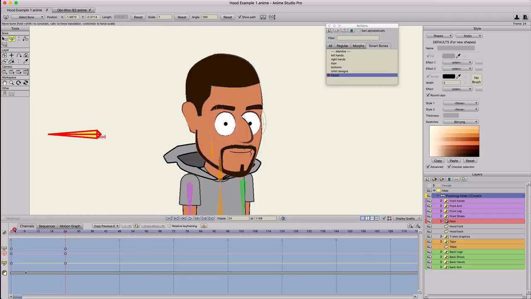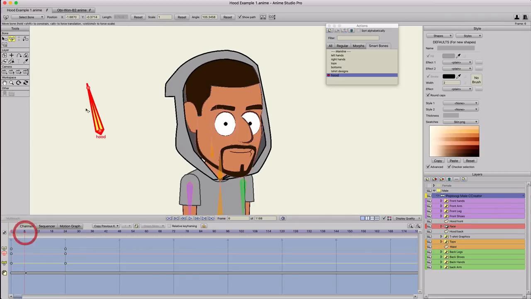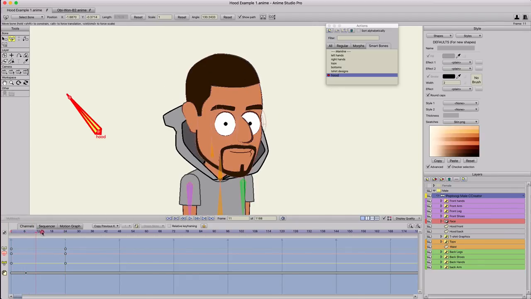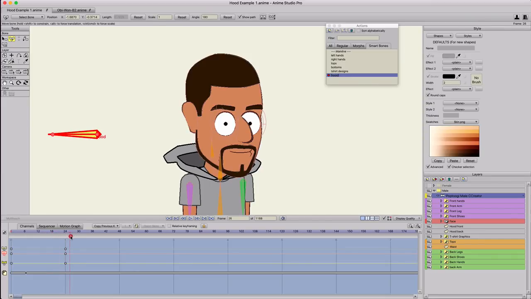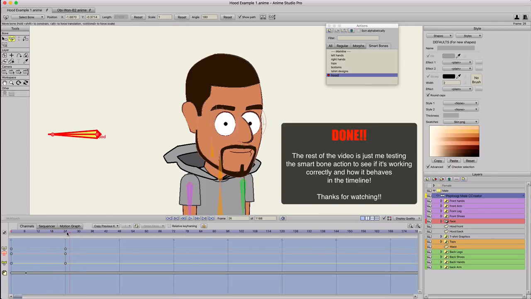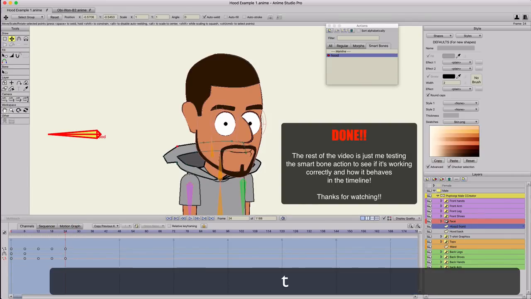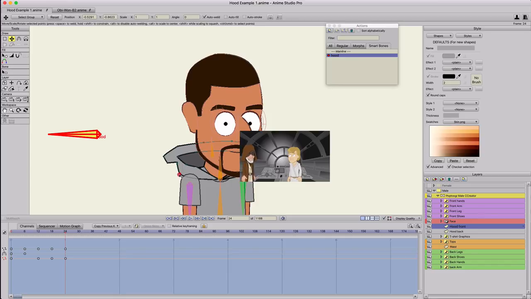So you can see as that hood action goes, the bone turns. So it goes down like that. That last keyframe looks weird. Hold on. Okay, hood front. Let's go. Let's make that a little bit